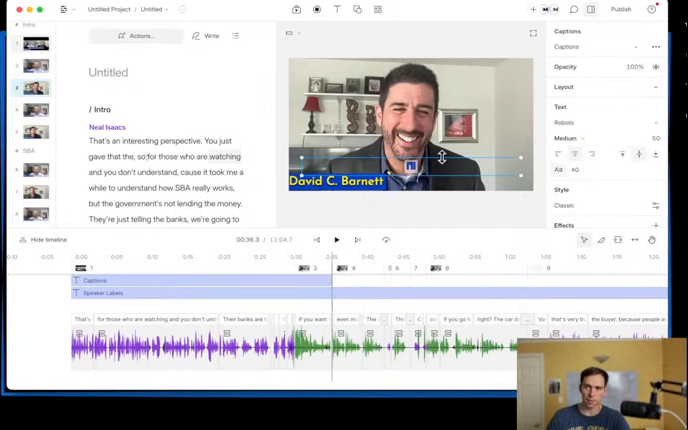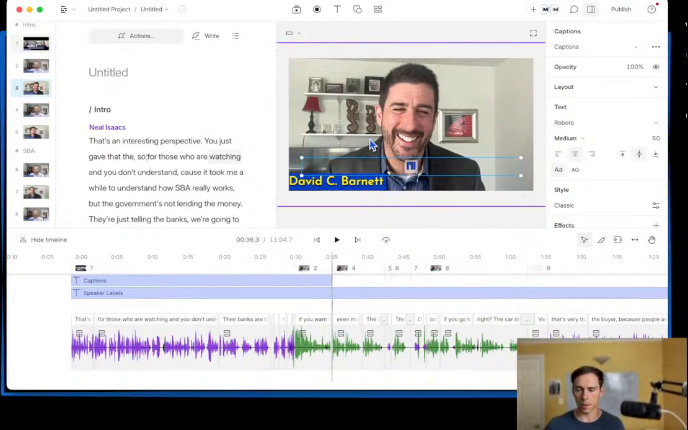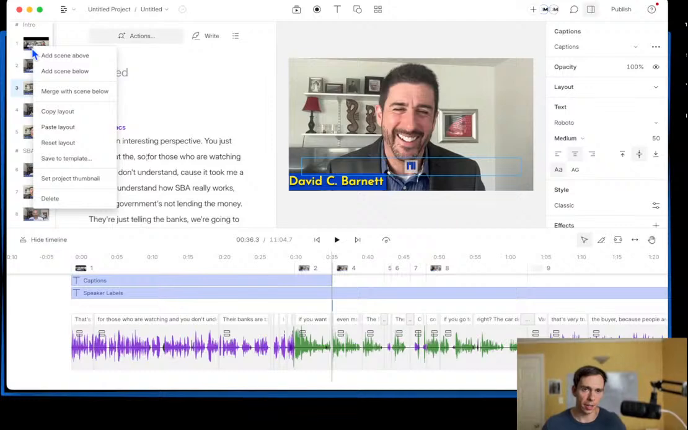And any of these can be made into templates. So you could save any of these layers. Well, first of all, you could click on an entire scene and say save to template. But as with copying and pasting layout, it's going to save more than just the title layers. It'll save the title layers, but it's also going to save the layer order, the active speaker, all the properties that I've applied to that scene,